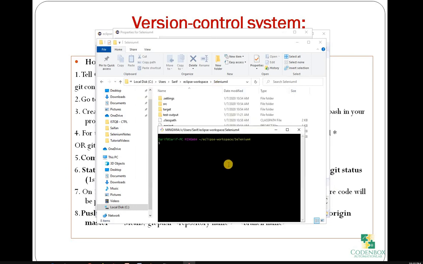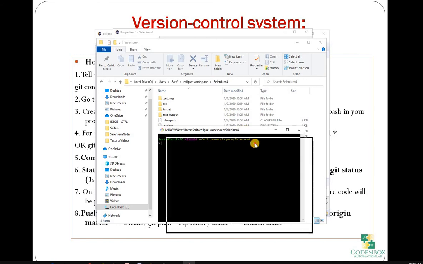When you open Git Bash from inside the project folder, you are already in the project. This is the path: Eclipse, workspace, then Selenium 4. So I'm already in the project. You have to make sure you are in the project directory path. If you start from your username, then you have to use cd, then your username, then your path. Make sure you are in the right project folder. And after that,